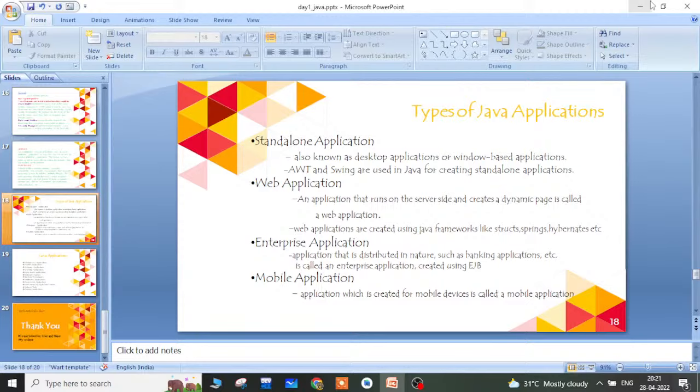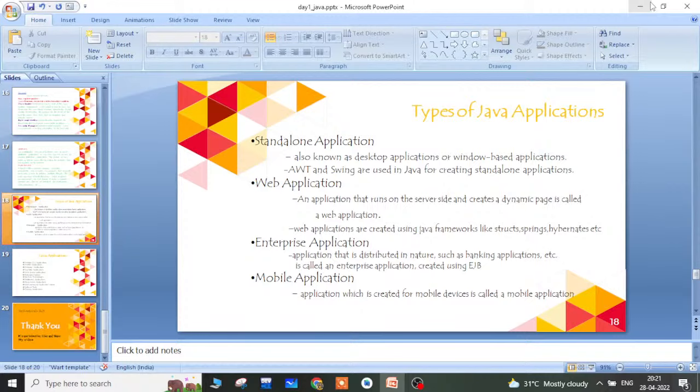The application you see as a front end can be set up or installed on a computer itself, and there only we can run that application.